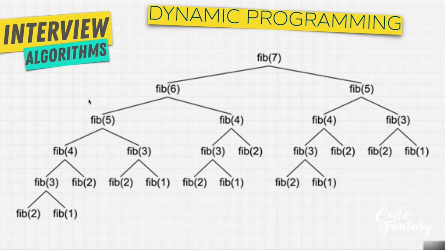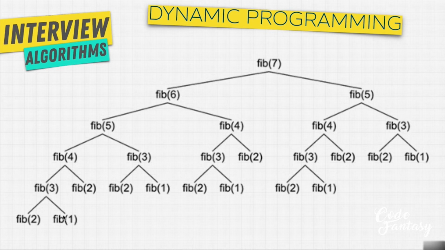But if you notice here, with dynamic programming, we can optimize this and use memoization to say, hey, calculate Fibonacci of 7, go recursively down to 6, to 5, to 4, to 3, to 2, and also to 1. And now, as we go back, remember, as we start to return the statements, and we go to Fib of 2, or Fib of 3, or Fib of 4, because we've already calculated these numbers, we can actually return a memoized version